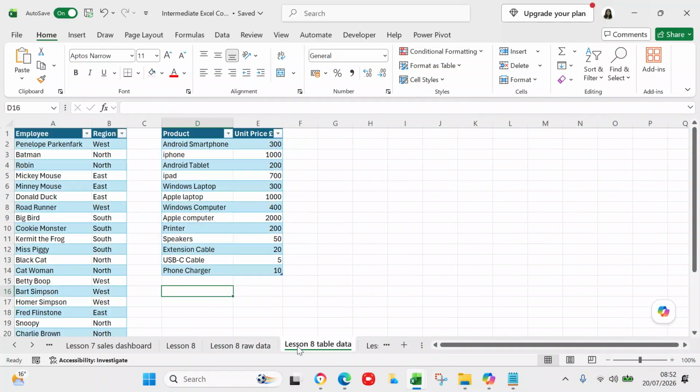So now we're going to convert our raw data to a table. If you've watched my previous lessons, you will have learned how to convert it to a table. But if you don't remember what we did, you can type Control-T and that will convert it to a table. So let's just say